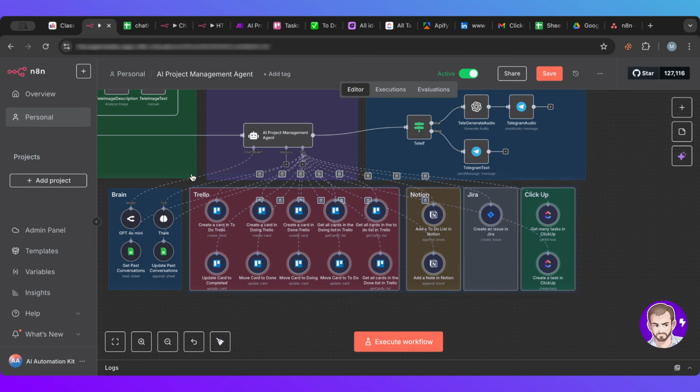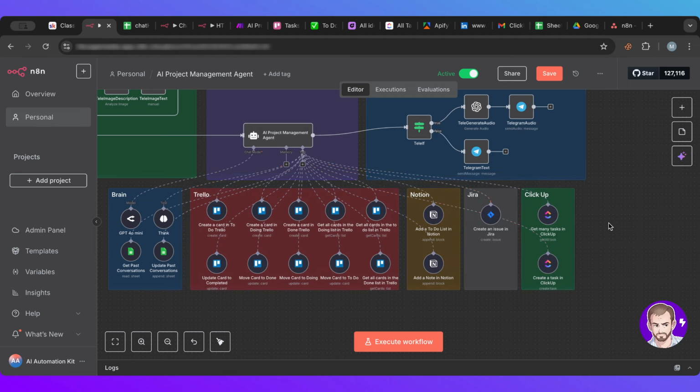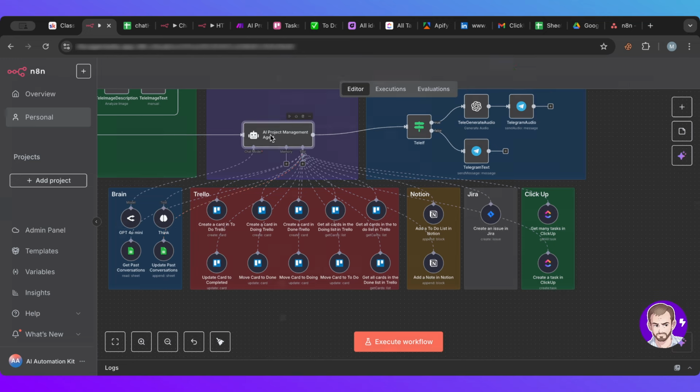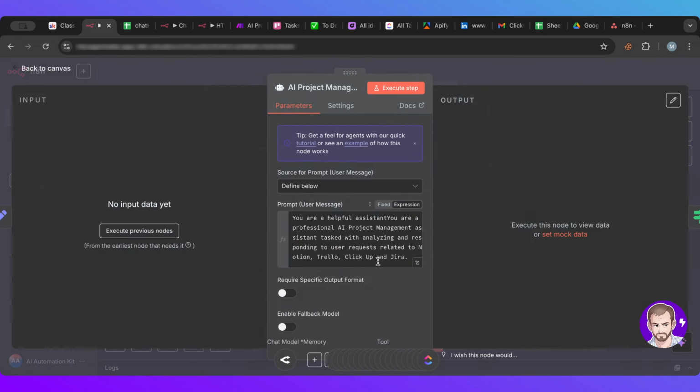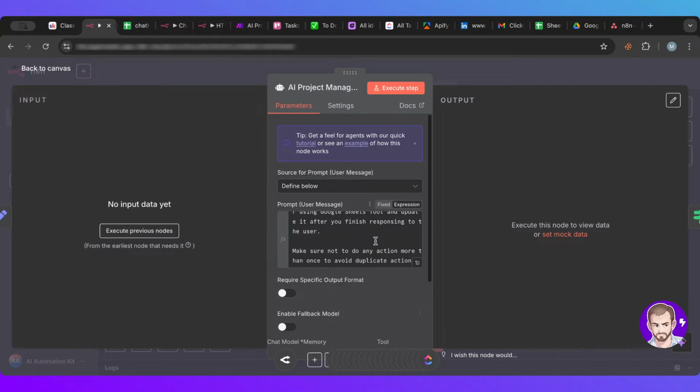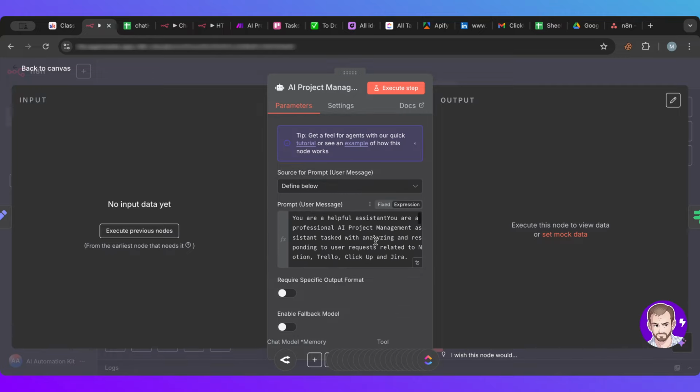So I have a bunch of tools here that are related, of course, to project management. One is Trello, Notion, Jira, and ClickUp. Of course, there are more tools. There's a lot of tools for project management, and this can be expanded further on. But let's see the project management AI agent here. I didn't write a lot of things because